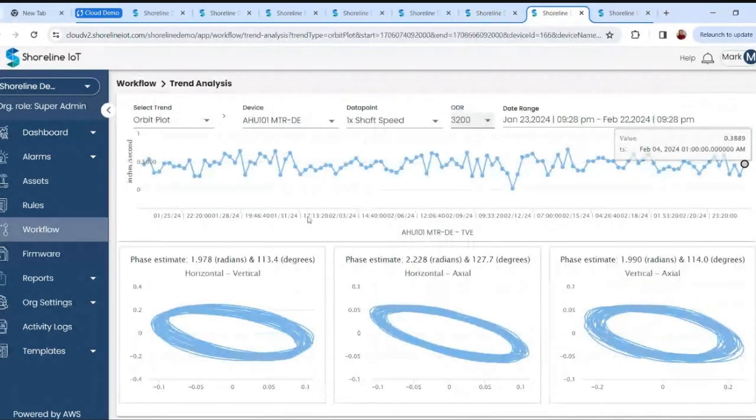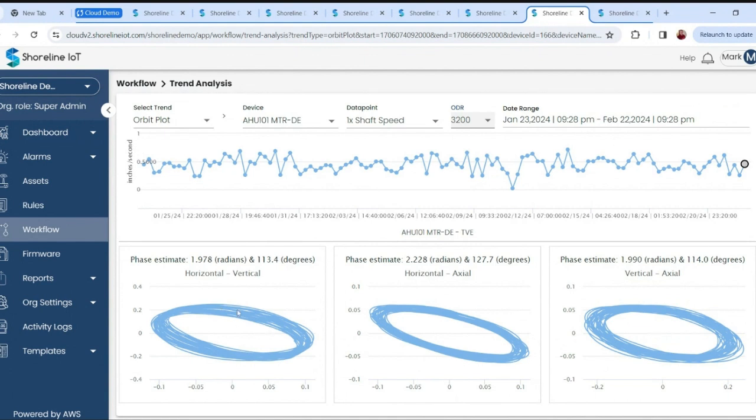And I'd mentioned before about looking at the balance plots or the orbit plots. So we have orbit plots because we take the data XYZ simultaneous. So we're able to plot that information and look at anything like this where you have something that has, basically, this is looking at its roundness. 90 degrees is a perfect circle. So this number in degrees or radians tells you how circular this